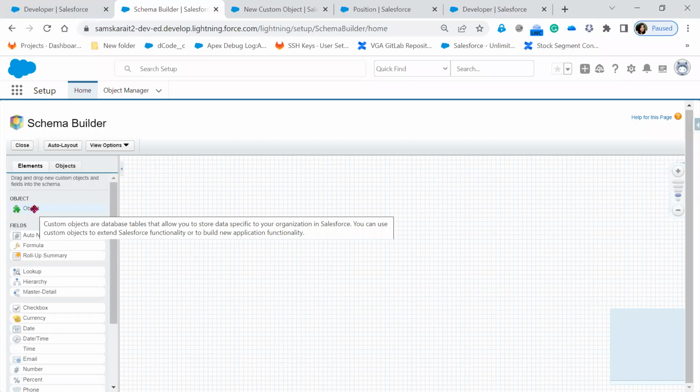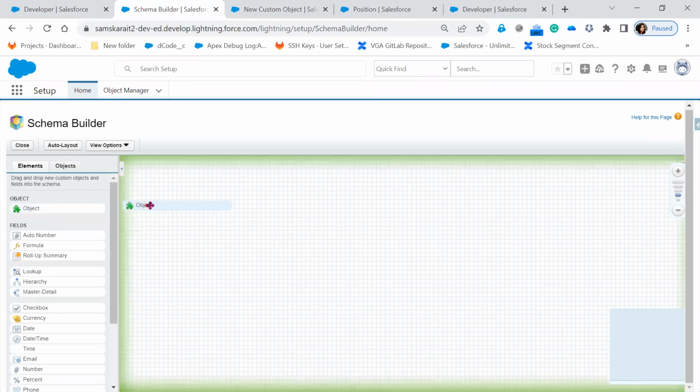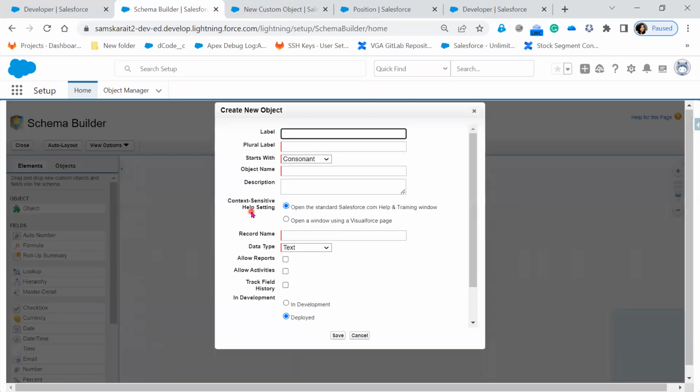So I need to create a custom object, so I'll be dragging it. As soon as I'm dragging it, see, the canvas is highlighted with the green color. So I'll drag and place it here. When I drag it,